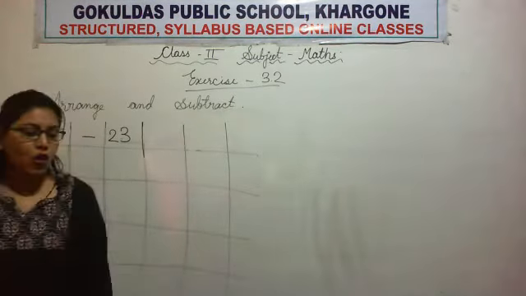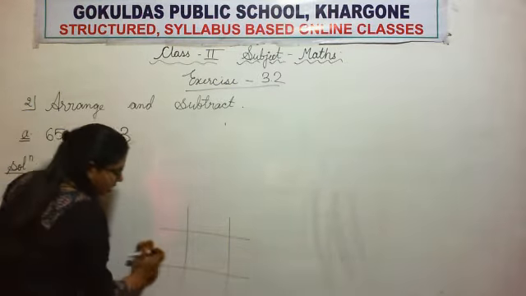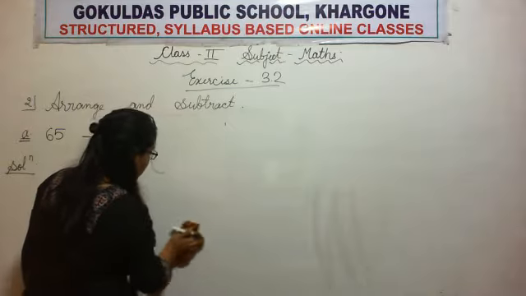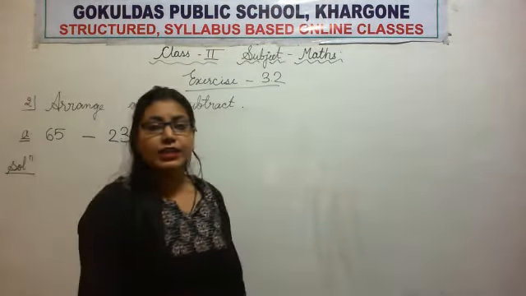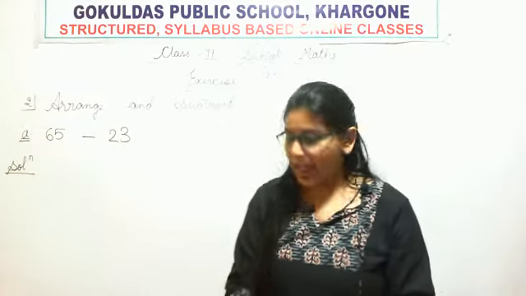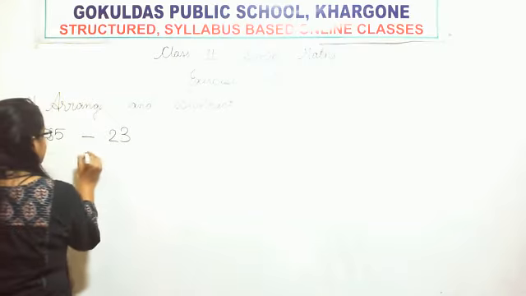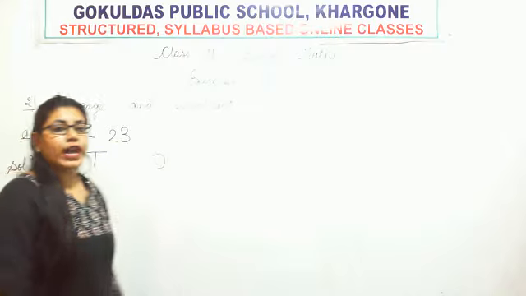I hope now you understood how to write, and as I have been telling you, put the symbols in different boxes. Remember that also. So let's start the solution. The very first step is writing the places. Both the numbers have two digits, so we will write 2 places, ones and tens.